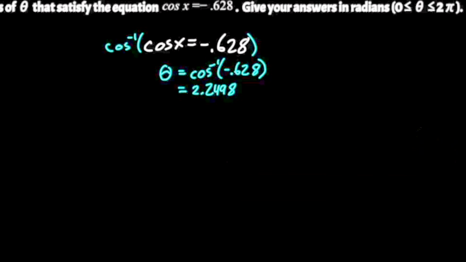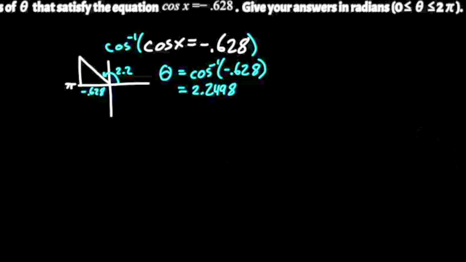2.2497, actually the 7 would round to an 8. So once again, we want to think of what that value means on the unit circle. So it's a radian angle, it's 2.2-ish, and I know that pi radians is over here and that would be 3.14. So it makes sense that this angle would be somewhere in the second quadrant. Also, we want to have a negative cosine value, so that means like a negative x value, and that's another clue that it would have to be over here in the second quadrant. So this x value would be the negative 0.628, and the angle we got was 2.24-ish,